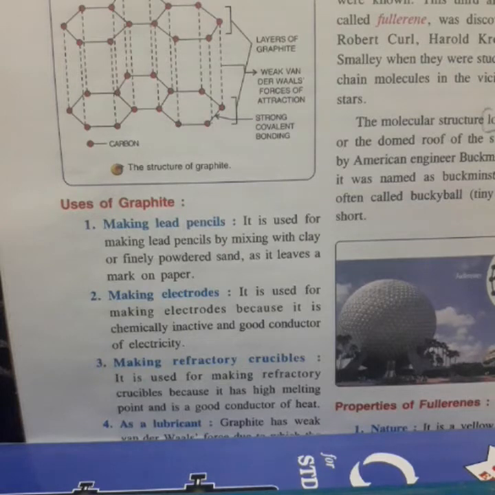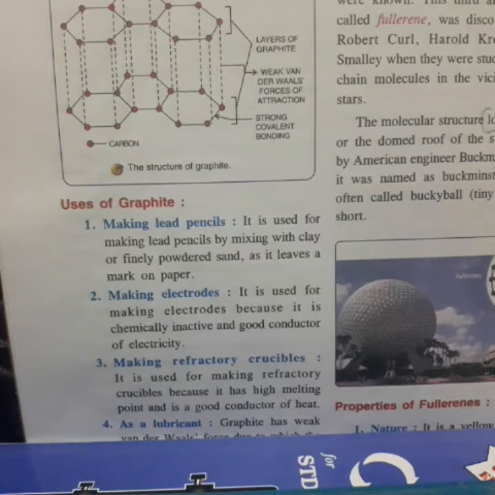Now properties also we will discuss. What is the color of graphite? It is grayish black in color, crystalline nature. It is very soft and greasy. Why is it soft and greasy? Because of layered structure, due to presence of weak van der Waals forces, they can slide over one another. Then stability also. It is very stable allotrope, but at very high temperature and high pressure, it can be converted into artificial diamond also. Otherwise it is quite stable.